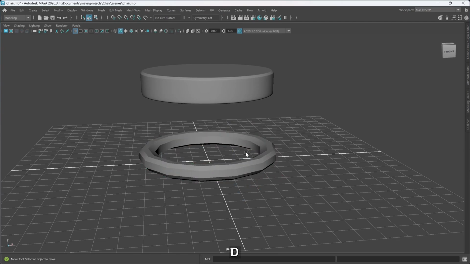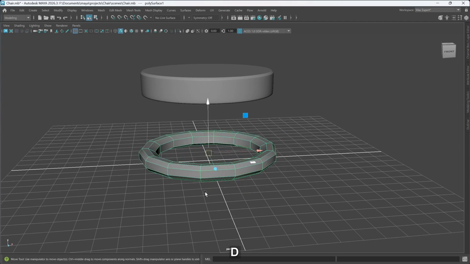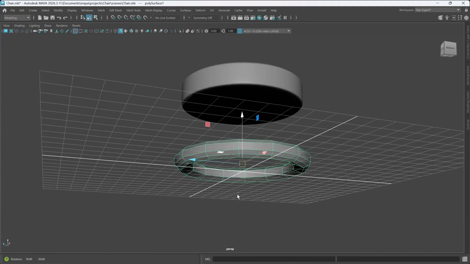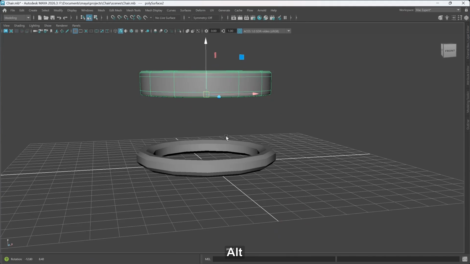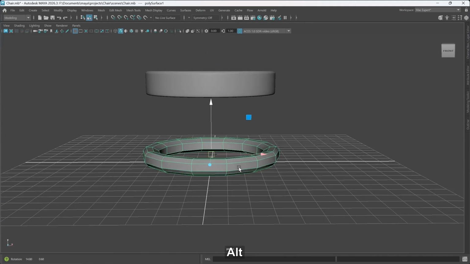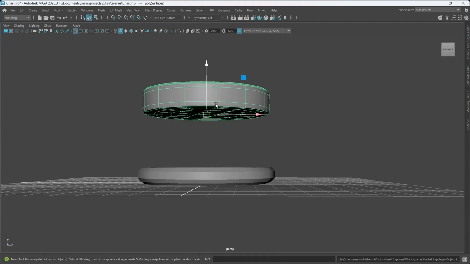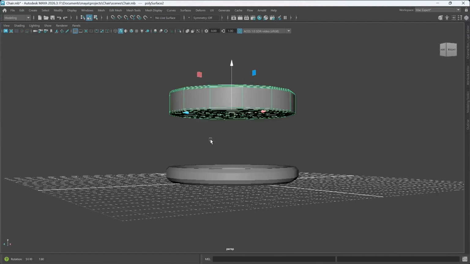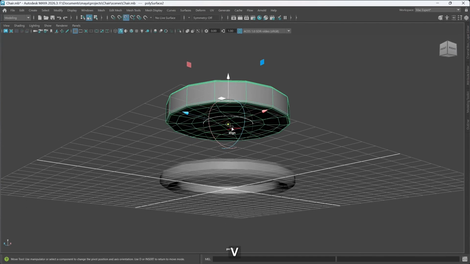Now you can select that, hit D, and then reset the pivot. Now that is how you can easily snap back to the grid. And if you want to snap this to this point here, all you have to do is select the seat itself